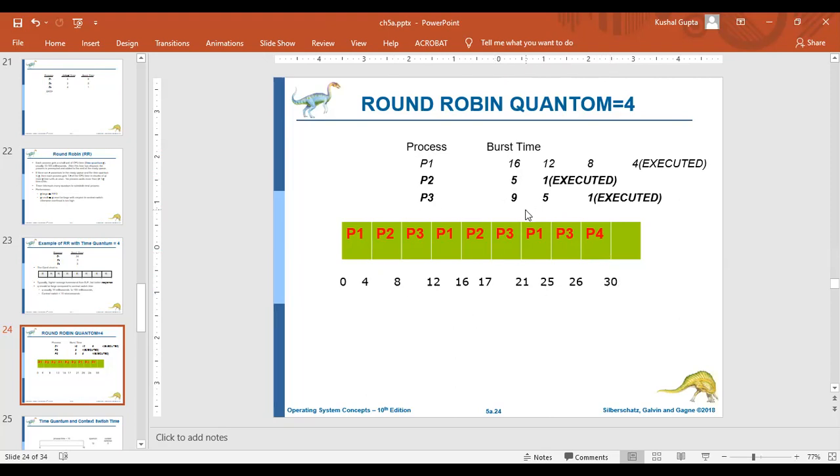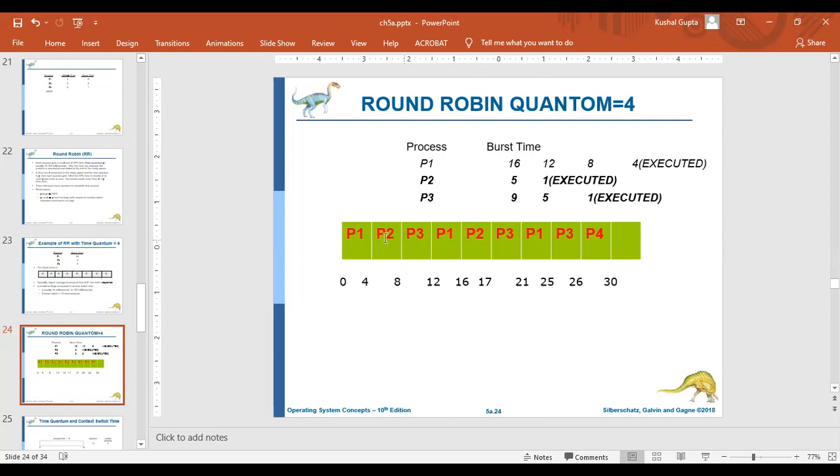Now, in this way, every process is having the same priority as the others. You are not doing this that P2 is taking so much less time with respect to SJF. So we are completing P2 first, then we are completing P3, then we are completing P1. In that way, P1 has to wait so much time. Now in this way, no process is waiting. All the processes are running.